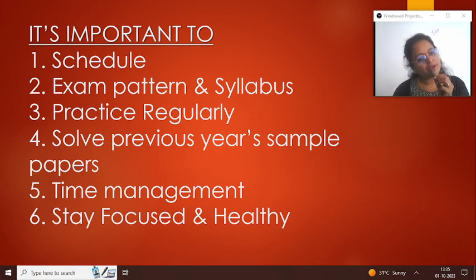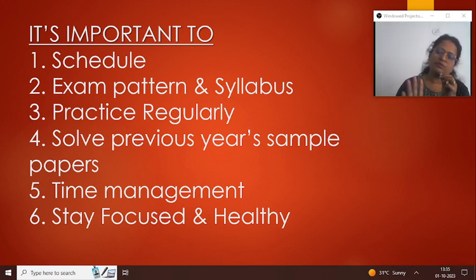For the whole academic year, what you need to do? You need to schedule for the whole year. Now there are very few months remaining, and for those few months, if you schedule, yes, I'm going to study for half an hour. I'm not asking you for more time. One day, half an hour, it's more than sufficient for English.